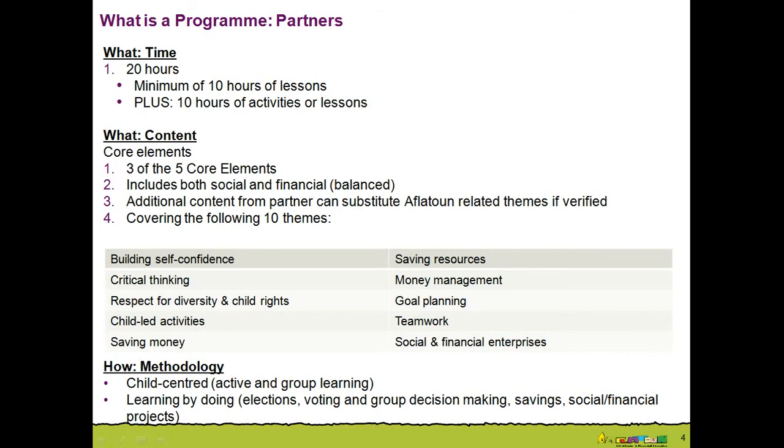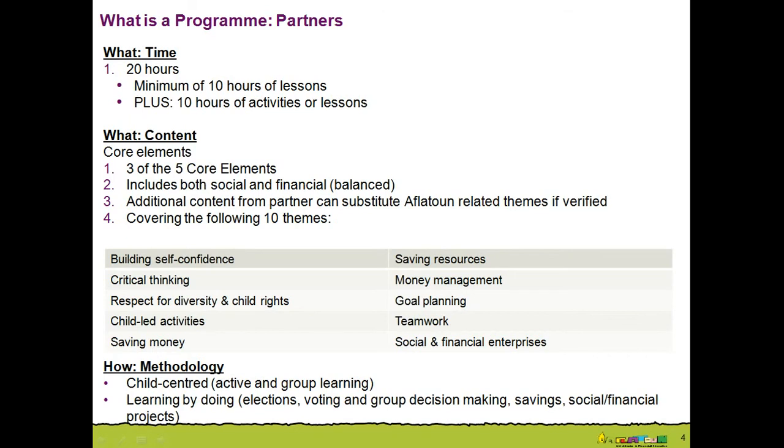So these 10 themes should be somewhere in the curriculum. And part of our yearly data collection, as you'll see later, we'll be asking, does your program cover these themes? And you can click yes or no for each of them. If you're not covering all of them, it's fine, we will still count your program, it's just that we'll have to differentiate it. These are the programs that have all of the 10, these are the programs that have some subset, and these are the reasons why they have some subset.